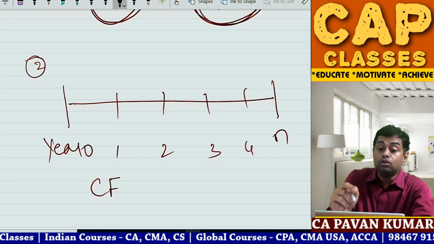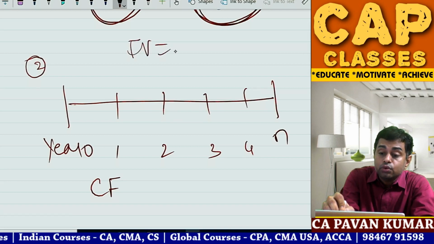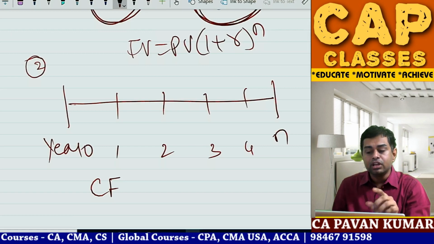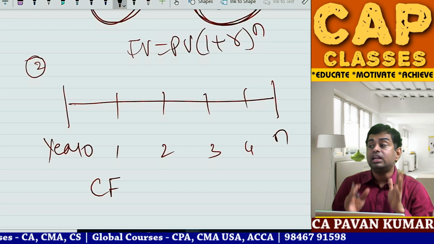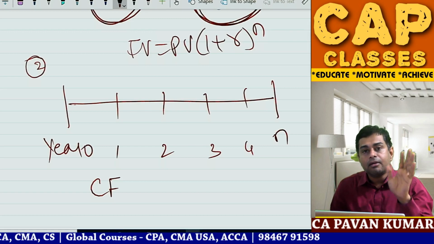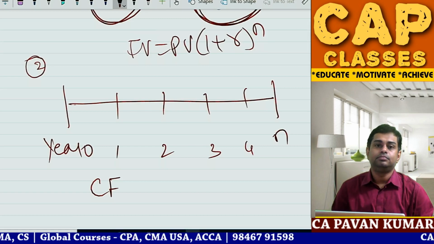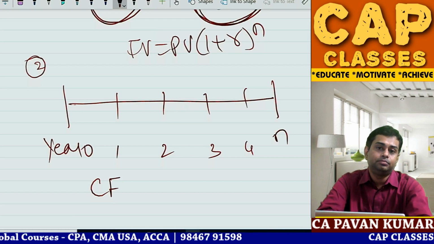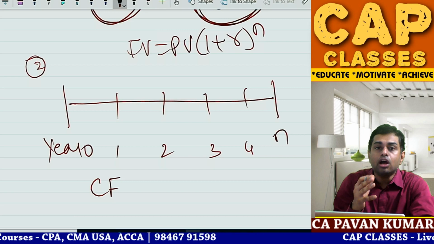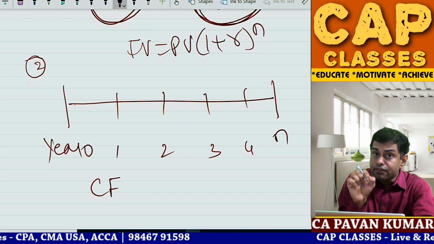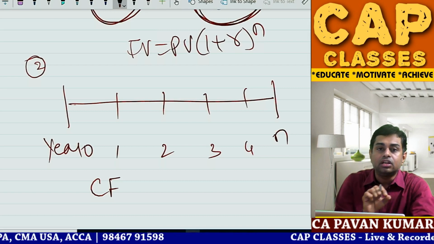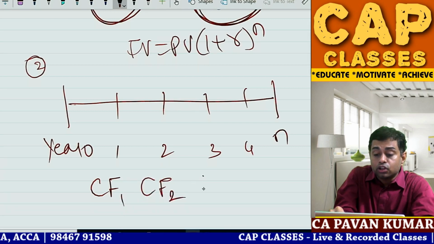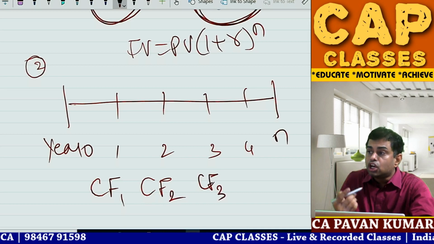Compounding, future value is equal to present value into (1 plus r) whole power n, is possible only if you put 1 lakh rupees in a bank account, tell the bank manager, sir, I will come after 5 years, bye sir. Meanwhile, I will not take interest, then compounding is possible. So time value of money or compounding plays a role only if the cash flows are not withdrawn. First year you have got cash flow, second year, third year. Can you withdraw that and take home?